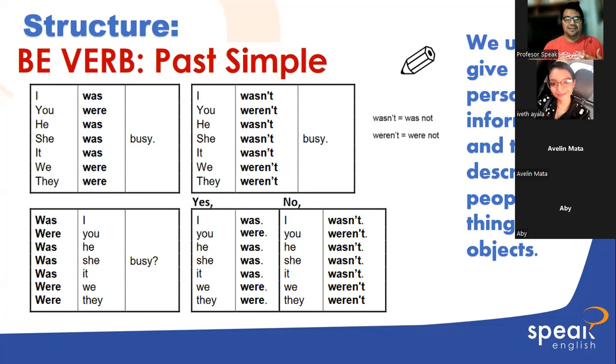Para poder hacer ese tipo de sonidos, también tienen que utilizar esta parte de la boca, los labios, también dónde van a posicionar la lengua, porque eso también va a emitir el sonido. Entonces, por eso es bien importante que cuando hagan la pronunciación, también presten atención al sonido.